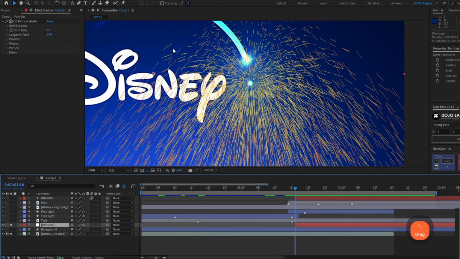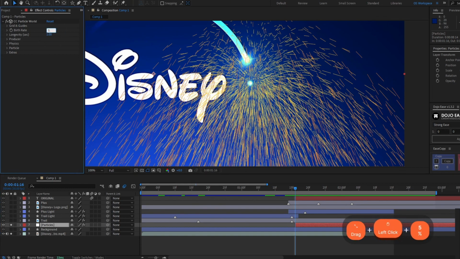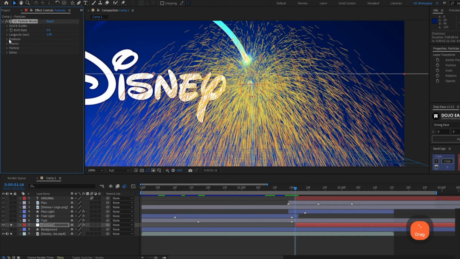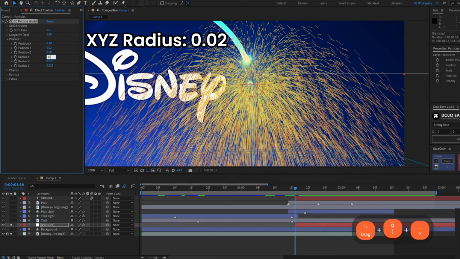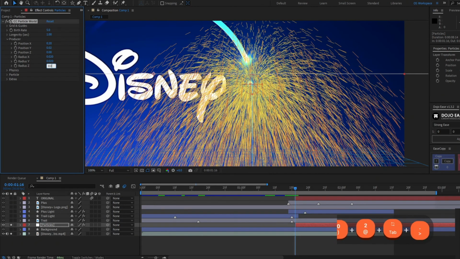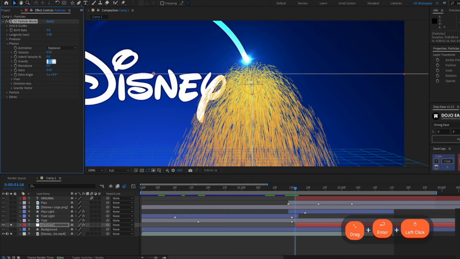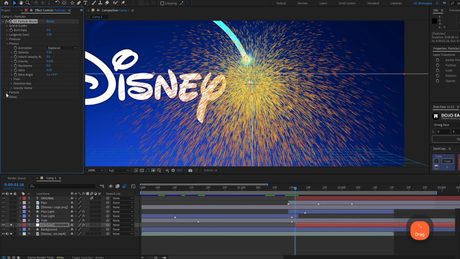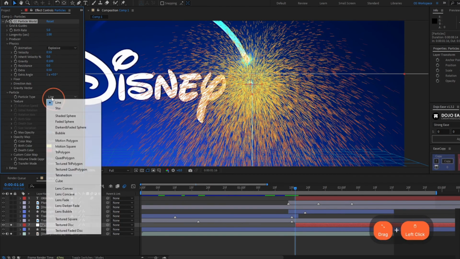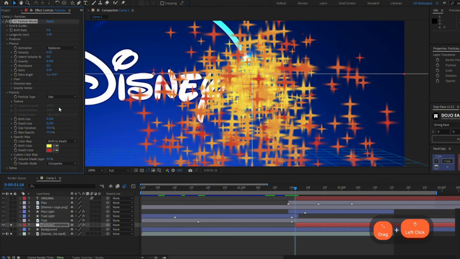Now I'll tell you what you have to change. So here in birth rate, change it to 5. Leave longevity like that. Here in producer, change all the radius to 0.02. Here in physics, change velocity to 0.5 and gravity to 0.1. Go to particle, change the particle type to star, and in birth size, change to 0.02 and the same for